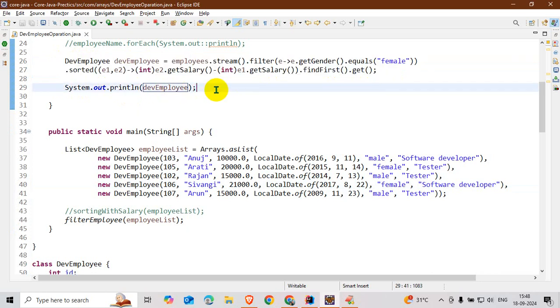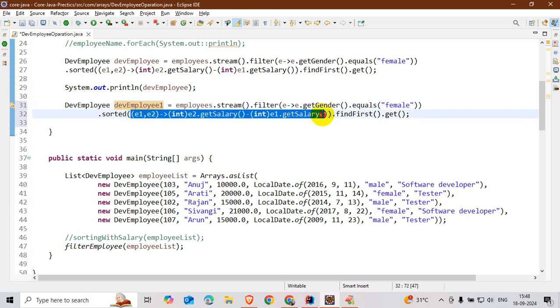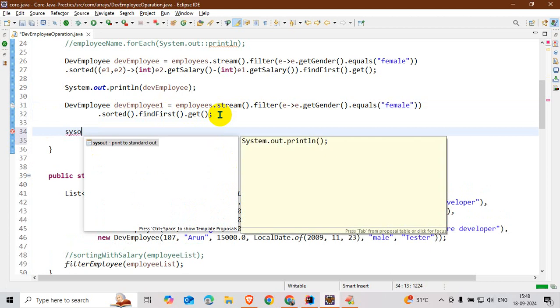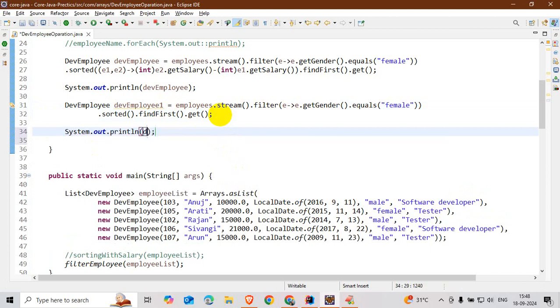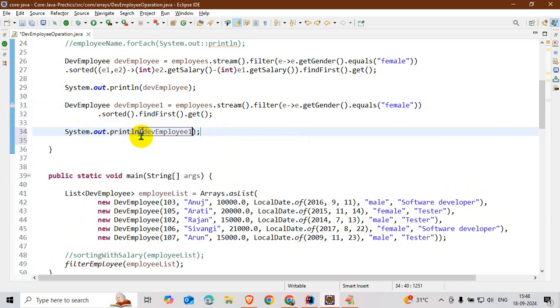You copy and paste, and don't write the custom sorting. You write only natural sorting and findFirst. You write the natural sorting and findFirst.